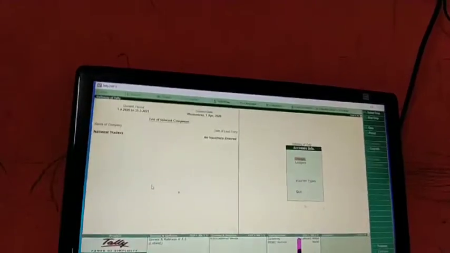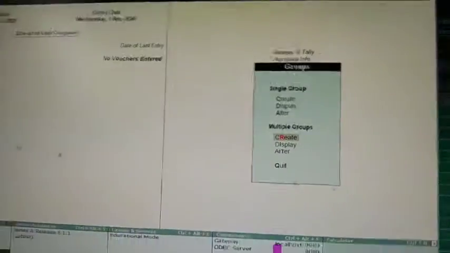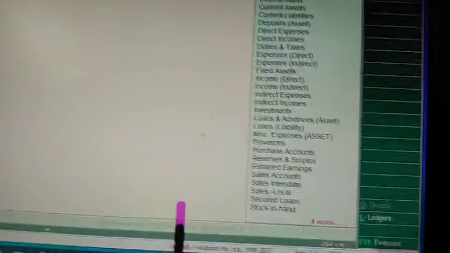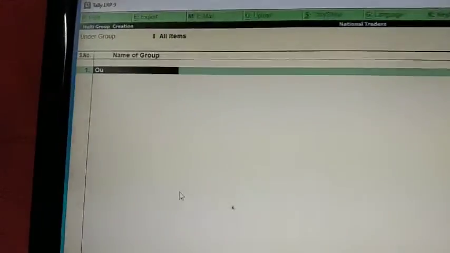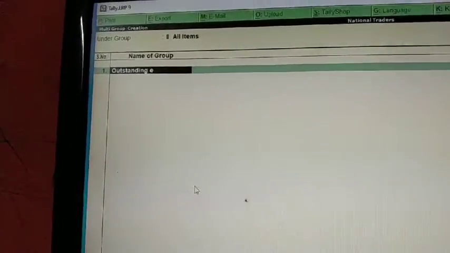So we will create some of the groups under the multiple group creation screen. Multiple groups can be created. Go to create option under multiple groups, select all items, enter and type, for example, outstanding expenses, under the group of current liabilities.